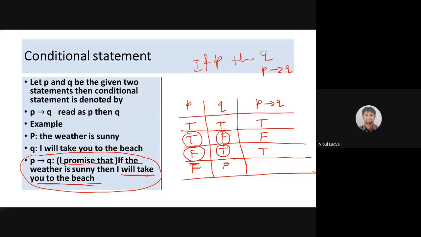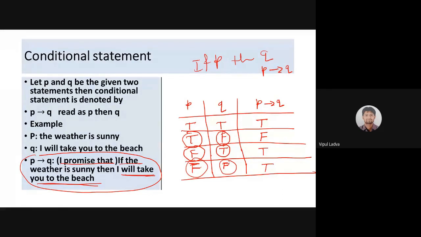तो बहुत ही आसान है. देखिए एक बार, if weather is not sunny, what does it mean? FF means weather sunny नहीं है, मैं तुझे बीच पे भी नहीं लेके जा रहा हूँ. सर तो ट्रू क्या? है ना. Yes, that is perfectly true. इस केस में ये true ही होगा. In this case that compound statement, or I can say the conditional statement, will have the value true. क्योंकि मैंने कुछ गलत नहीं किया है.